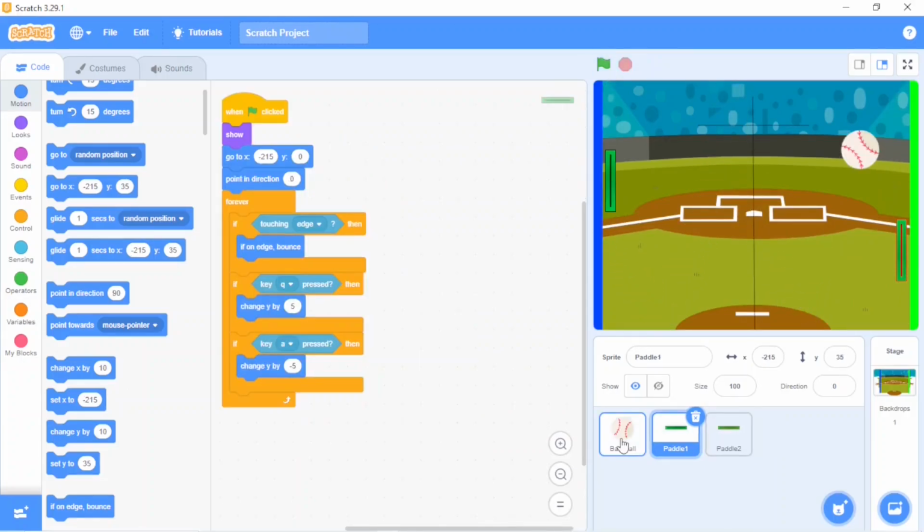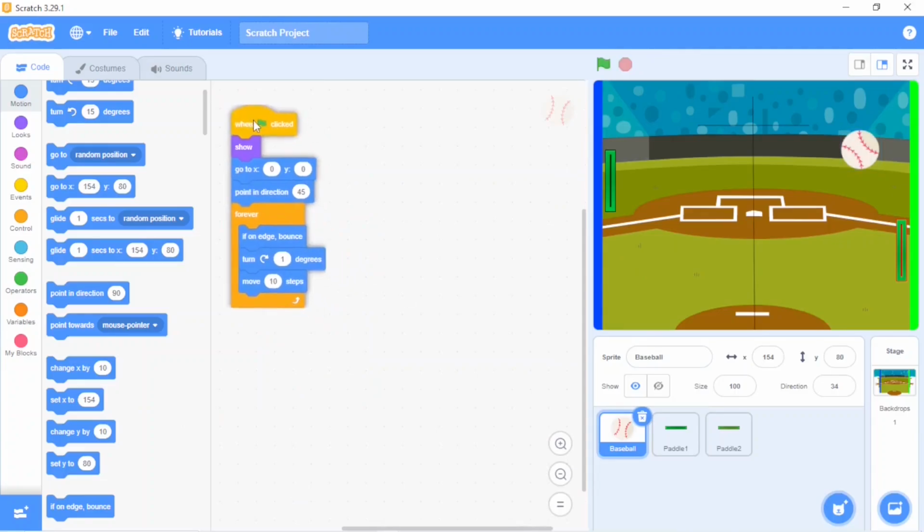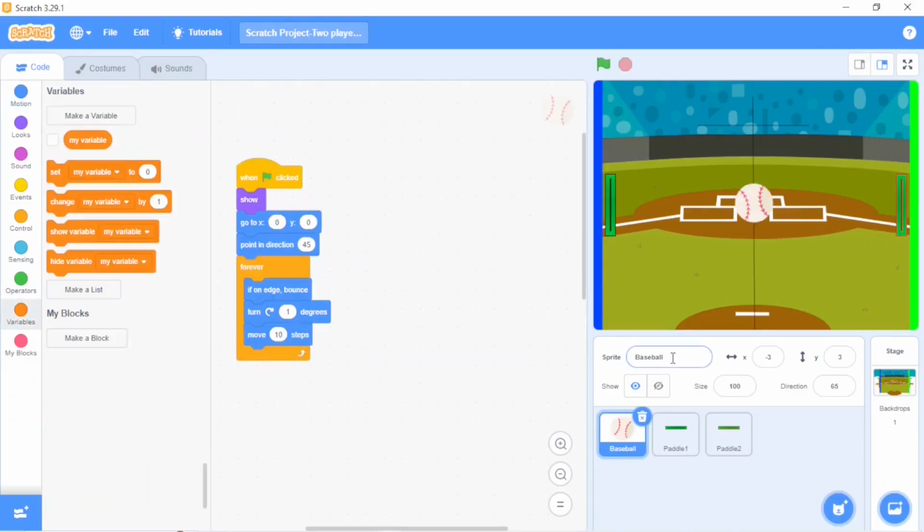Wow! Now go to the baseball scoring. First I'll change the name of the baseball to ping ball. Okay, now we will do the coding of touch sensing of the ping ball.